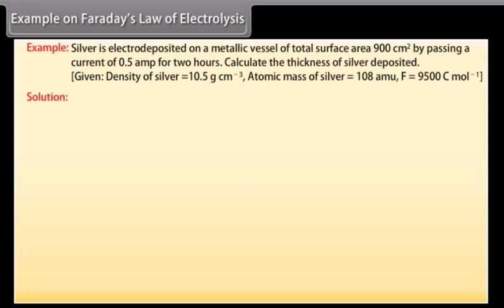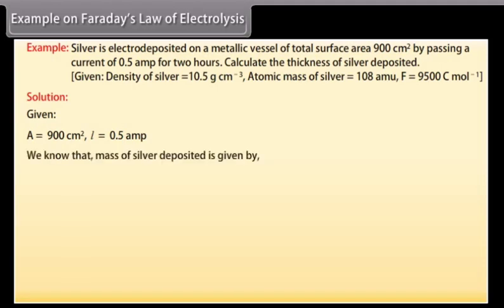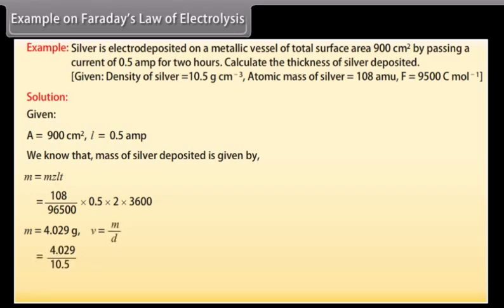Let's see the solution. Here the given values are A is equal to 900 centimeter square, I is equal to 0.5 ampere. We know that the mass of silver deposited is given by M is equal to ZIT. By putting the values, we get M is equal to 4.029 gram. We know that V is equal to M upon D. By putting the values, we get V is equal to